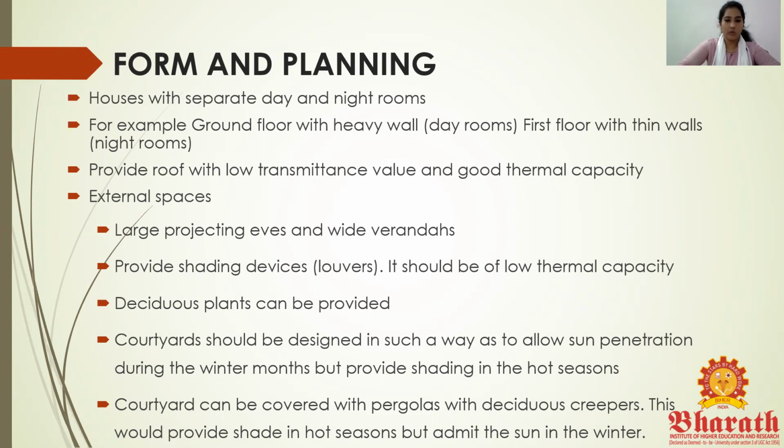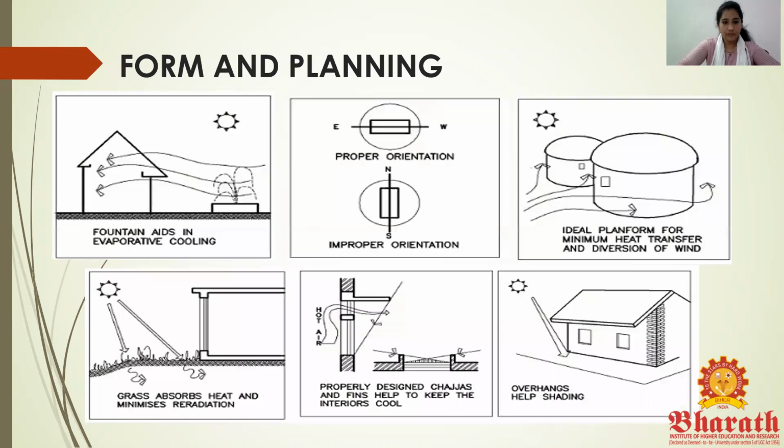The courtyards can be covered with pergolas with deciduous creepers. This would provide shade in the hot seasons but admit the sun in the winter. If you see overall how few elements they are trying to show in the picture, representing how the fountains can aid in evaporative cooling, what the proper orientation would be if you were to have